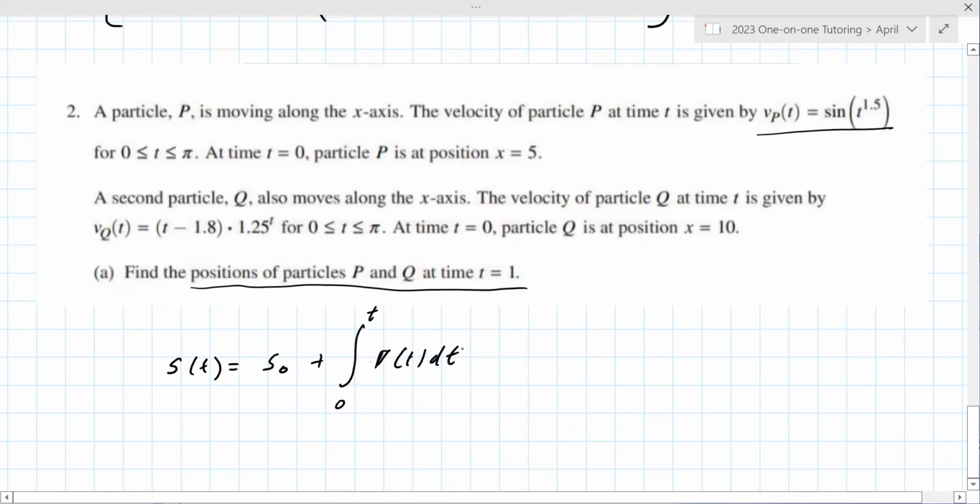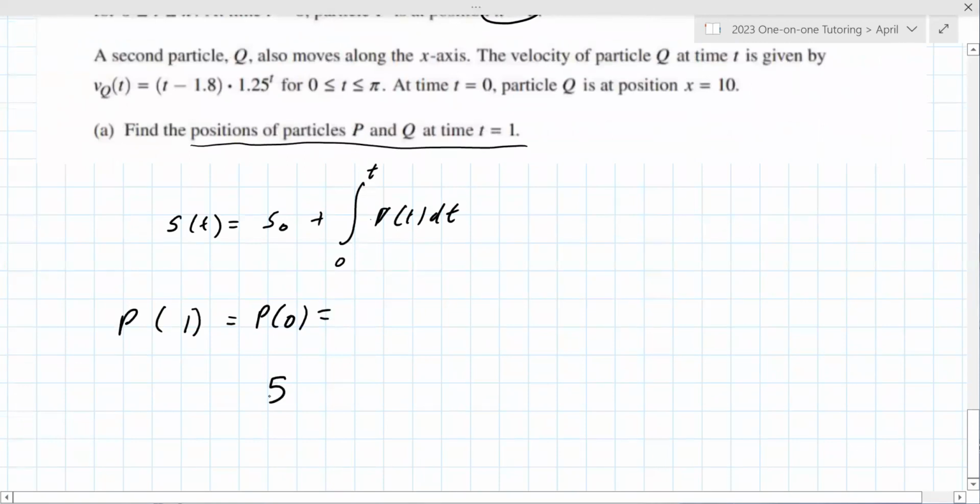So for P, its position at time 1 is its initial position, P of 0, which is 5, plus